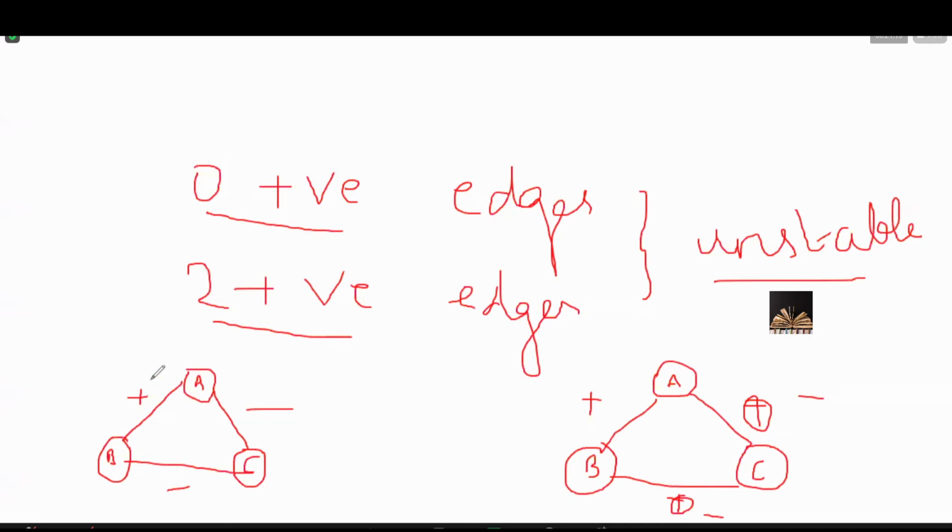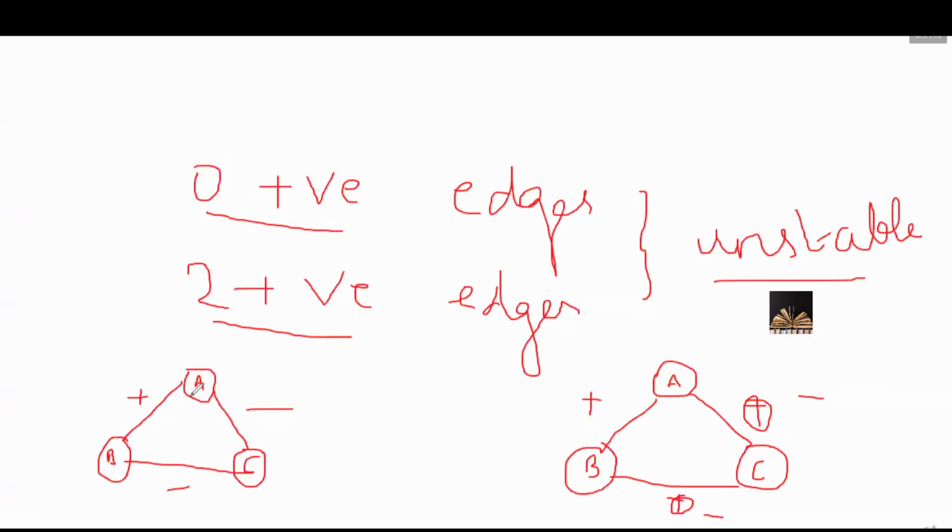See here, A, B, C. Here we are representing the people with the help of nodes. Actually, we are talking about the relationships. That is a social network. What type of relationship will the people maintain among them? Okay. So let us assume all are positive edges. If all are positive, that means A, B, C are friends together. And in case, we will make these two as minus.